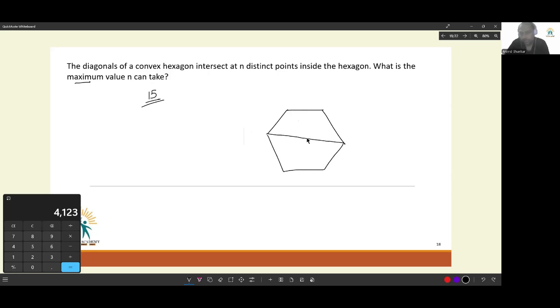This long diagonal and short diagonal. Just from here, long diagonal and short diagonal. This long diagonal will be cut by this. This long diagonal will also be cut by